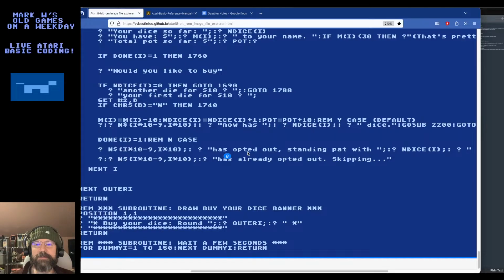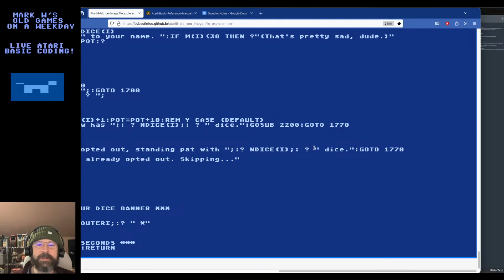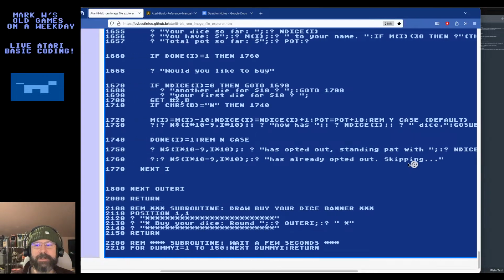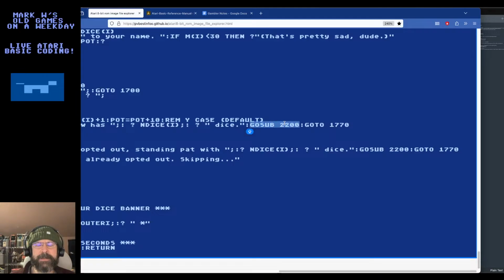Which makes me think we can restructure this a little bit, probably. I don't care, I'm just gonna do this. Well, actually, we see what I'm doing here. There's a kind of a pattern here. Everything's waiting and then going to 1770, waiting and then going to 1770. What I could do is, instead of going to 1770, it could be go to 1765, and the wait is right there. I think that would work. That's a little more elegant. So let's do that. Go to 1765, like so. Get rid of the waits.